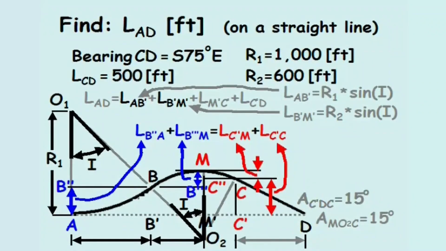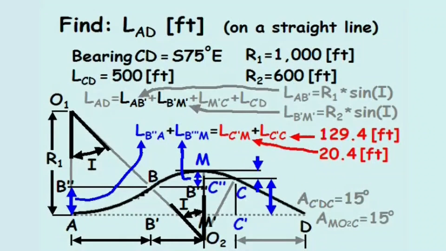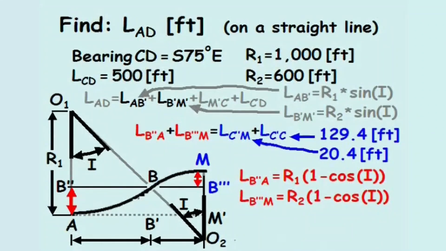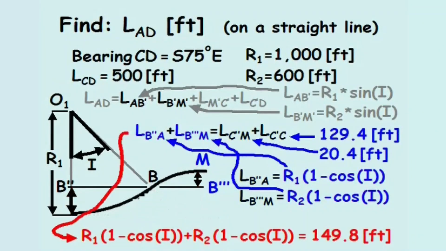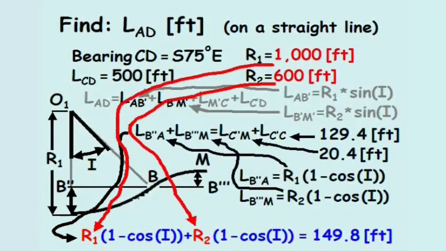Earlier in this problem, we solved for the lengths of line segments C'M and C'C. We can solve for the length of segment B'A and B'M using trigonometry. Substituting in these values, simplifying the equation, and plugging in the values for radius 1 and radius 2, angle I can be solved for explicitly and equals